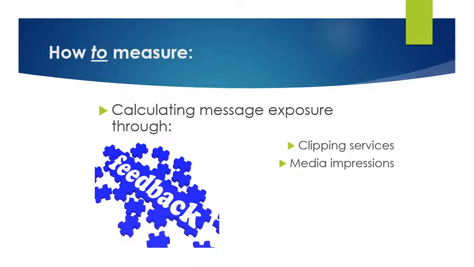You can use media impressions. How many times was the story run? And that is a fairly good measure, especially when you look at where it was run, it tells you whether or not you actually hit your target demographic. You can do readability surveys. Do people instantly recognize what you're talking about? Do they realize that this was part of the campaign? Does it come from your company, or do they think it comes from somebody else? So readability surveys are always good.